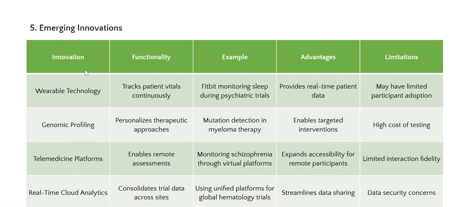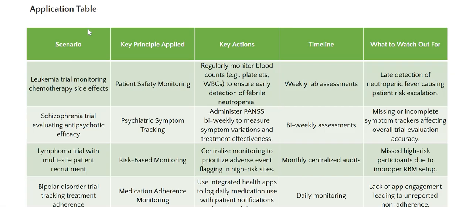Table on emerging innovations: innovation, functionality, example, advantages, and then limitations. As innovations, we have wearable technology, genomic profiling, telemedicine platforms, real-time cloud analytics, and AI, artificial intelligence-driven adherence alerts. Then we have the application table, with scenarios. For each scenario: key principle applied, key actions, timeline, and what to watch out